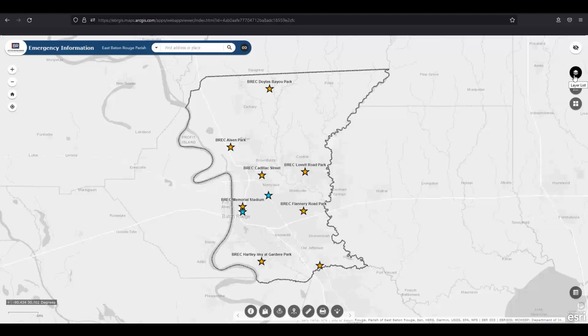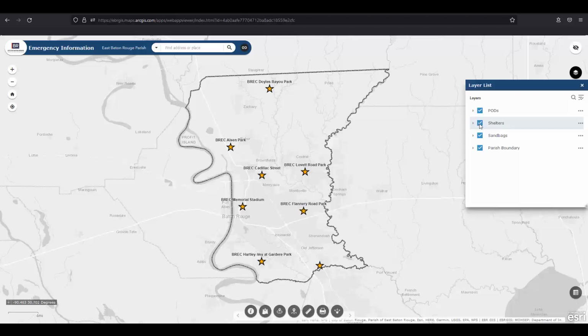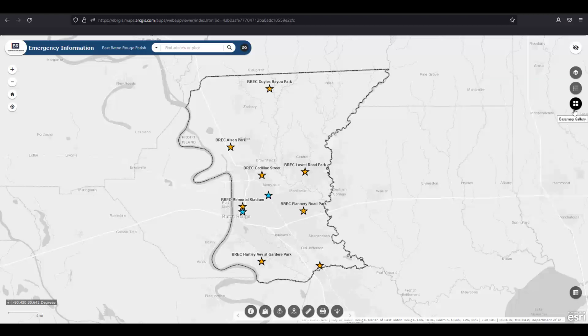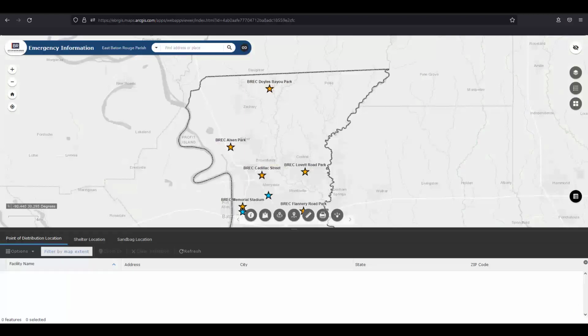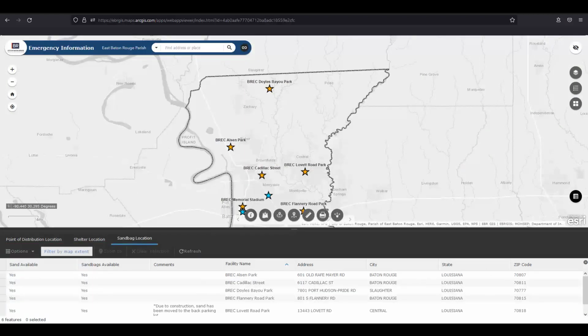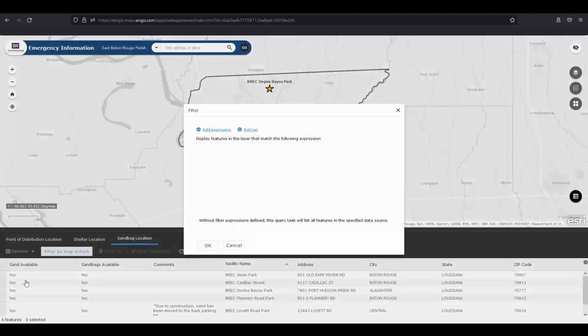In the layer list, you can toggle each layer on and off. In the base map gallery, you can change the base map to your liking. In the attribute table, you can view and download all of the information for each layer in the map. In the Options tab, you can filter the data to only show certain locations. For example, if you wanted to show only locations with sandbags available and exclude the ones that don't have them,